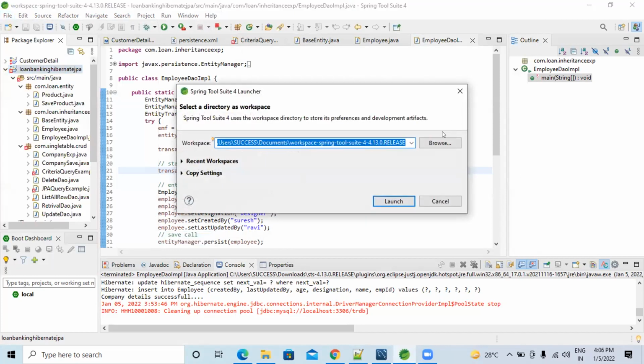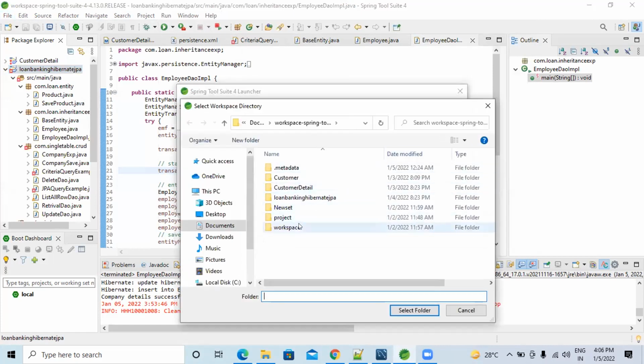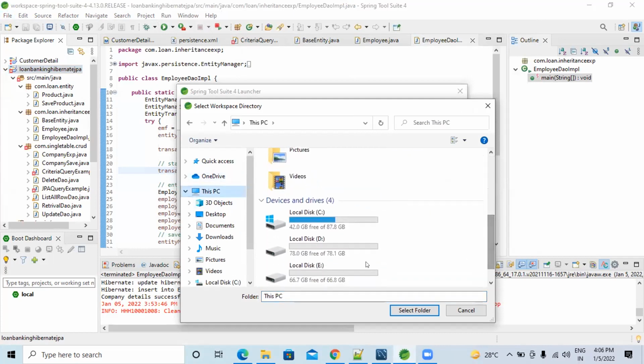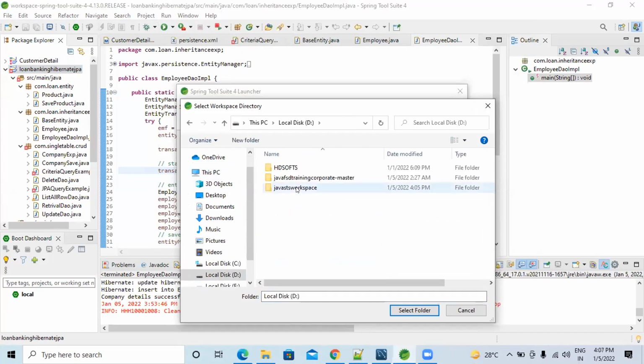Give Browse. Give D colon and select the Java folder. Select folder, select and open.